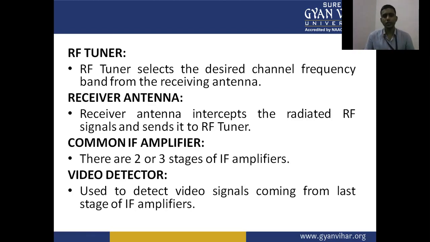Here we generally use the VHF or UHF type of antenna. In earlier days, in the monochrome television, we generally used the Yagi-Uda antenna, and nowadays in the color television system or modern television systems or dish TV system, we are generally using the dish type of antenna. It works on ultra high frequency, that is the microwave frequencies, so the gain of the system is increased and the ghost image of the picture is reduced.